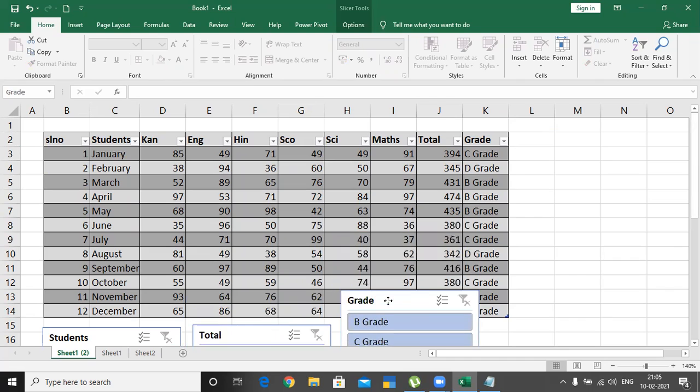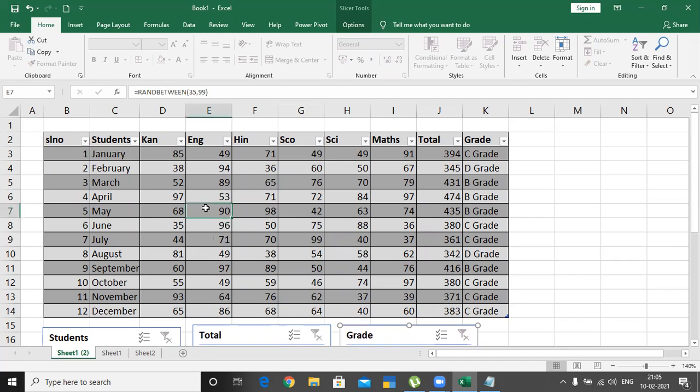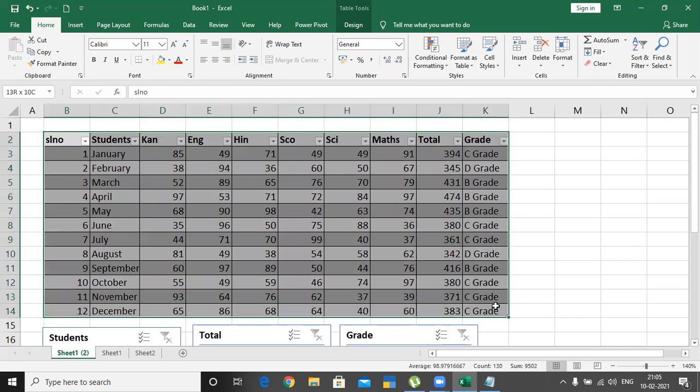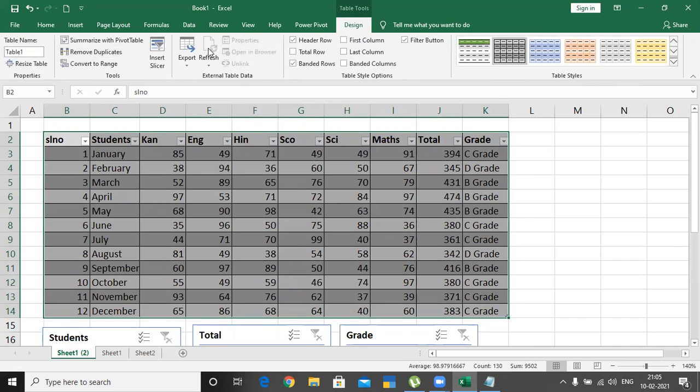So this is one of the advantages of format as table. Suppose I convert this format as table into a formatted area, see this. So right now I have this table. The table name is Table1. I can name it as table student data.